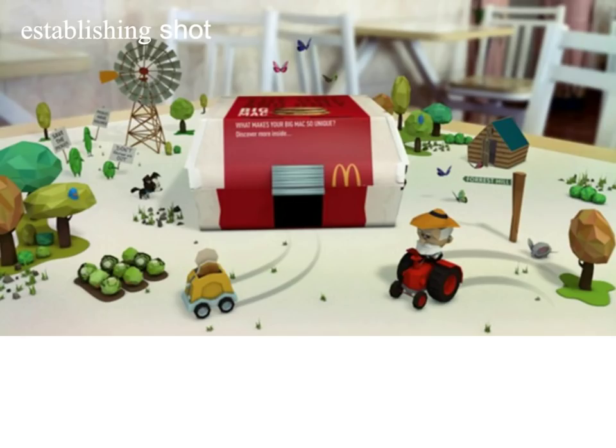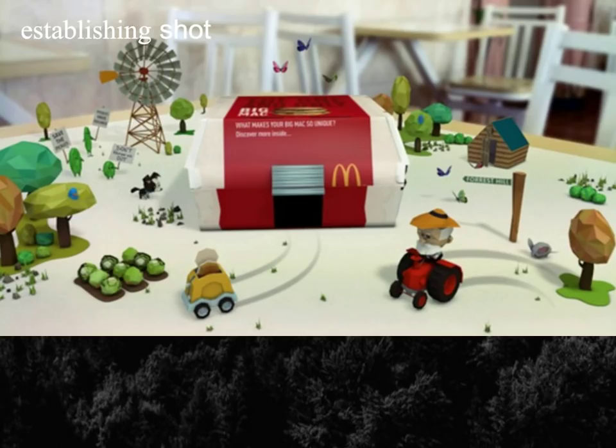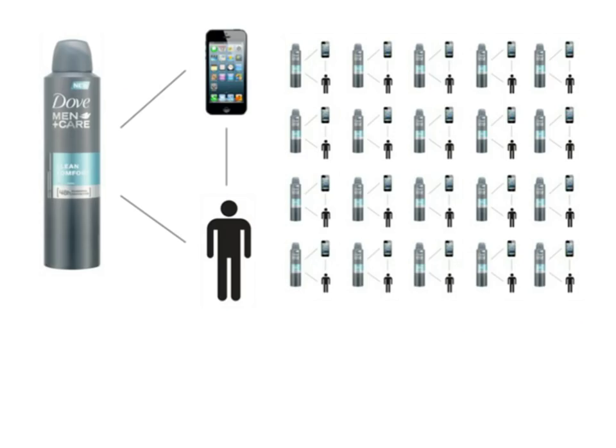I think the point here is that packaging and such like always used to be the end frame of a TV ad. You'd have a story and then you'd have a picture of the pack. Now we're in a world where the pack is the doorway through which the world comes through to us, through our phones and such like. And so packaging is now the establishing shot of a piece of communication rather than the end frame. And so I believe we need to start thinking about it differently and its role within that as an ability to communicate and act as a doorway for content.